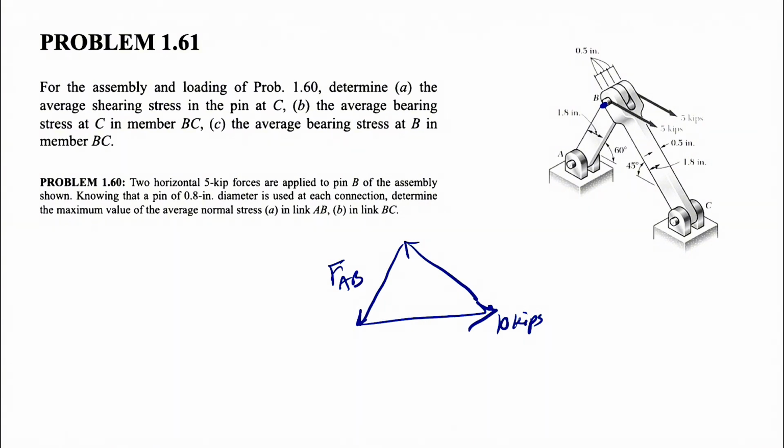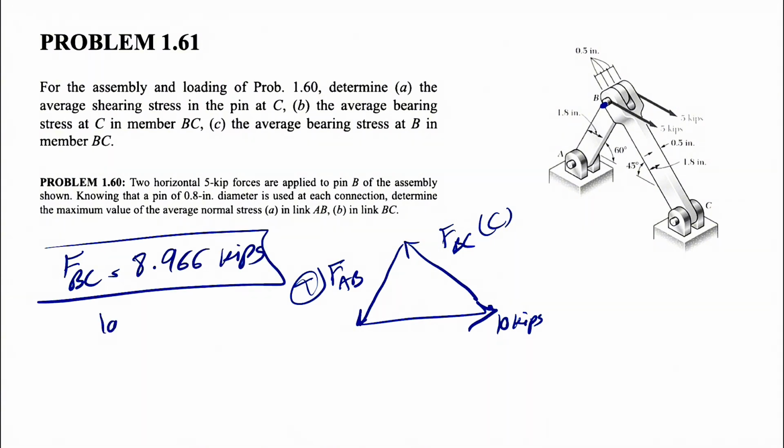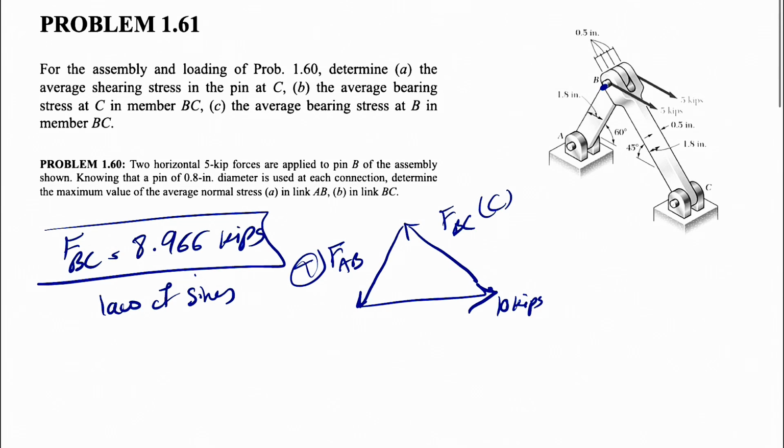So this was our FAB, that's 10 kips, and this was FBC, and we figured that member AB was in tension and member BC was in compression. So we did the law of sines and found FBC, which was 8.966 kips. And in this video, in the A part, we need to find the average shearing stress